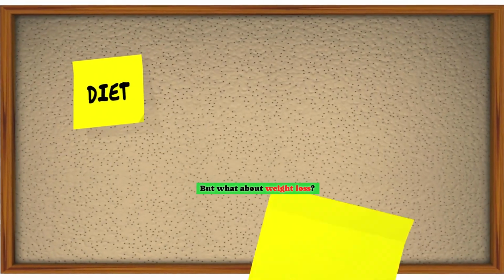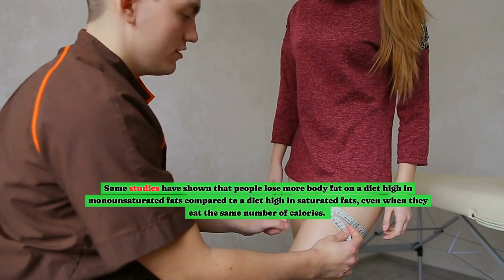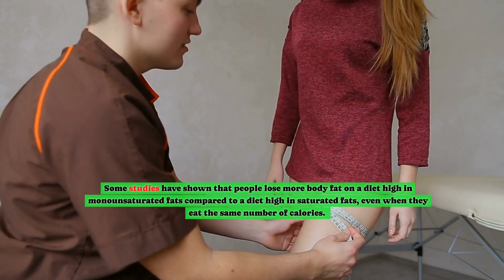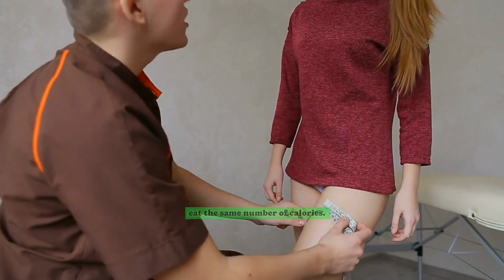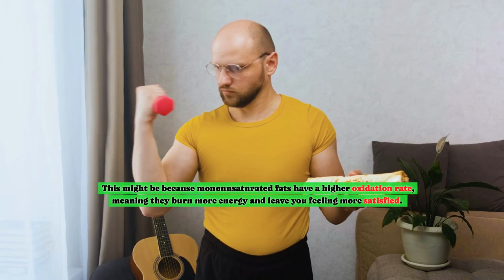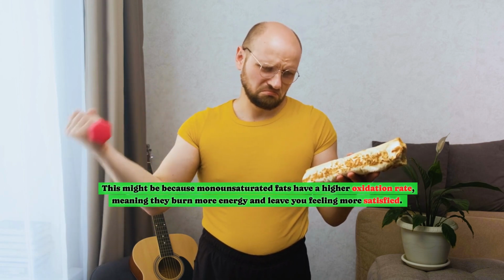But what about weight loss? Some studies have shown that people lose more body fat on a diet high in monounsaturated fats compared to a diet high in saturated fats, even when they eat the same number of calories. This might be because monounsaturated fats have a higher oxidation rate, meaning they burn more energy and leave you feeling